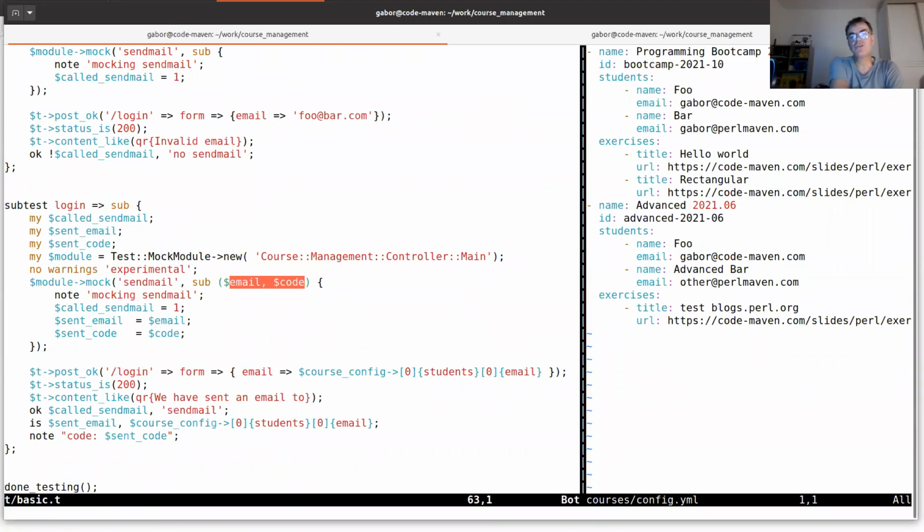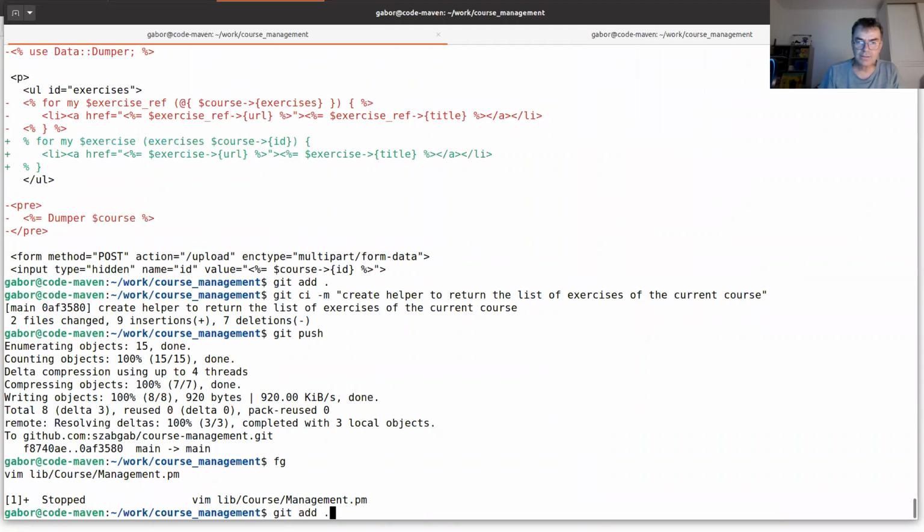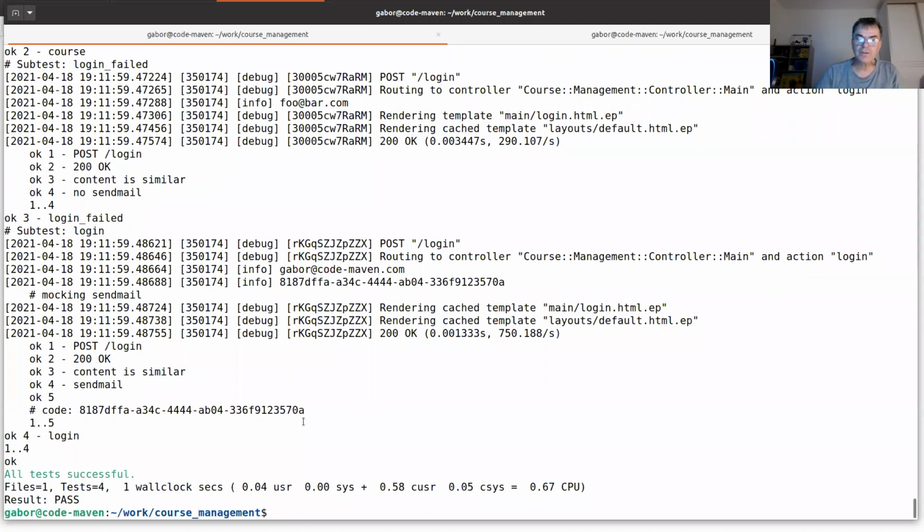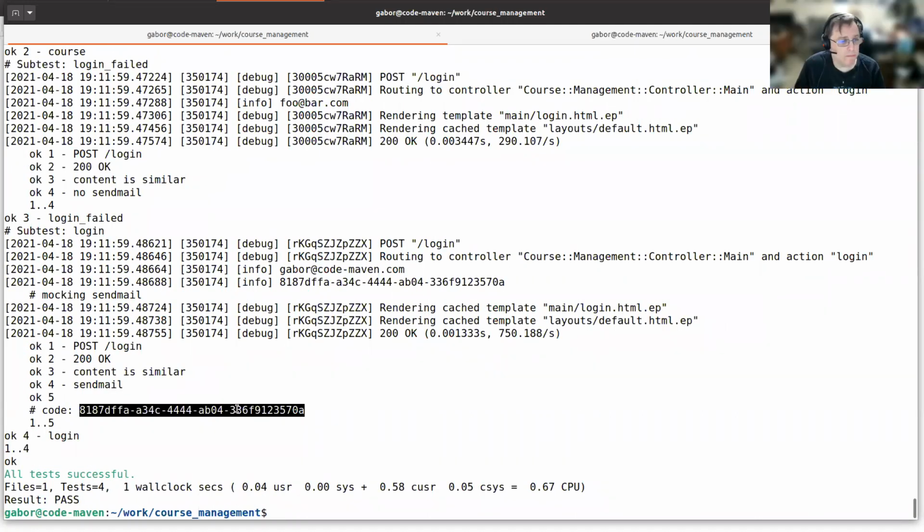We just have to continue with the test. So now we have the... I think if I run the test in verbose mode, then we even get the code here. Mm-hmm. So now I think what we need is to save the